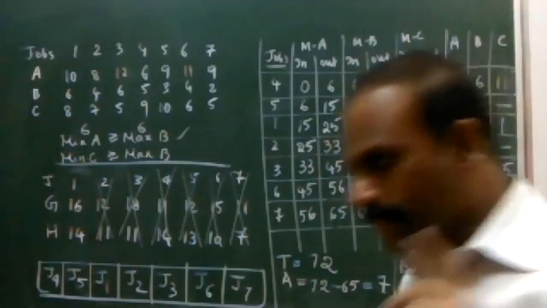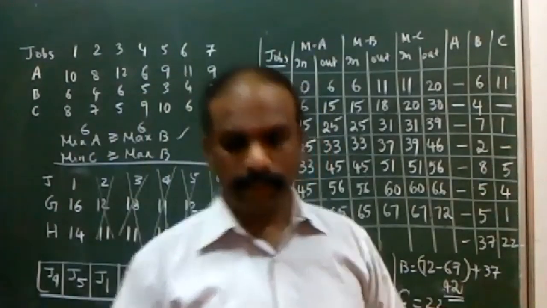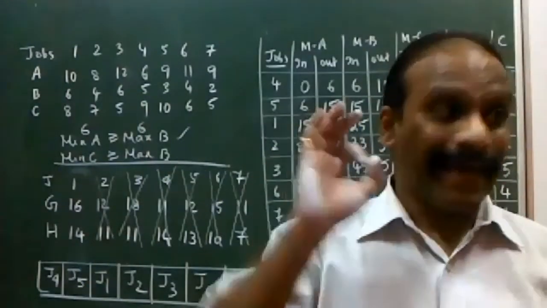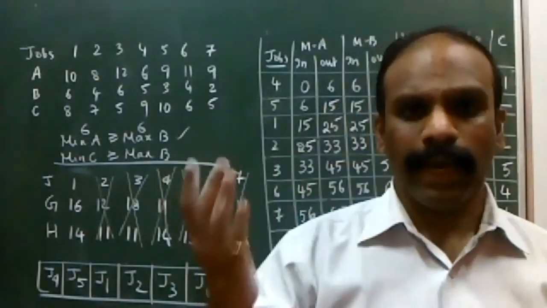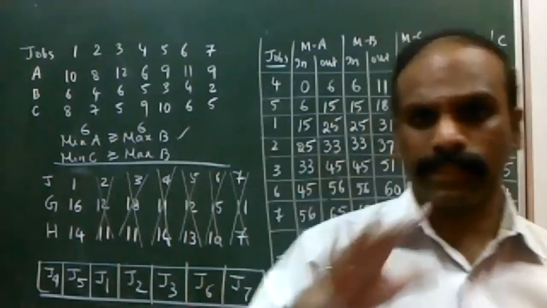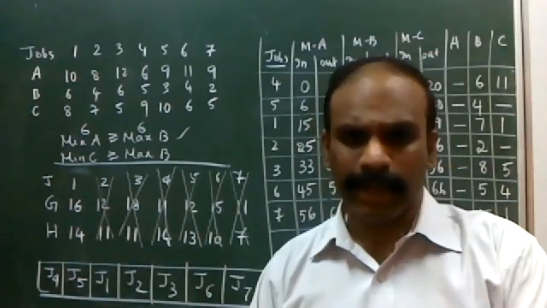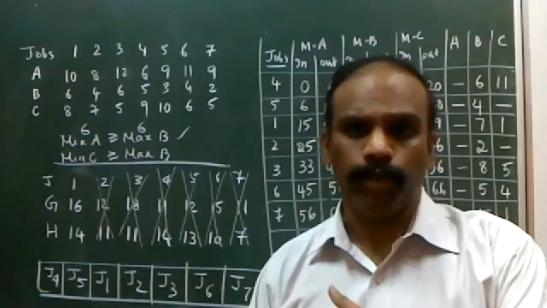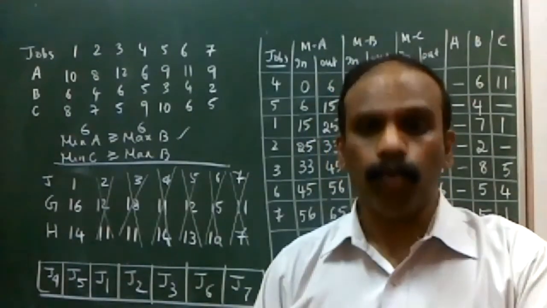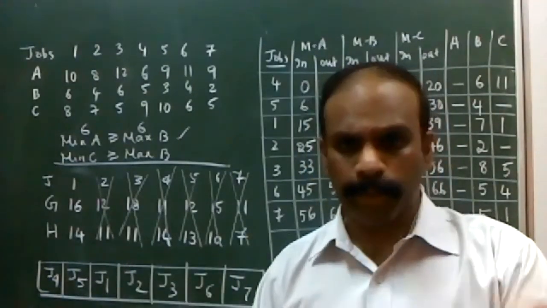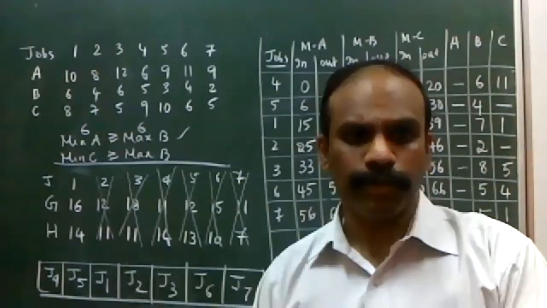Once it is completed, we'll move on to the last method in this chapter, which is processing n jobs through n machines, where the number of machines and the number of jobs are both more. That is the last category of problem. I think we'll complete it by Thursday at most, and then start the new chapter. Meanwhile, I'll post some questions on 2 machine and 3 machine problems by tomorrow, so that you can practice and keep it ready for the submission of assignments.